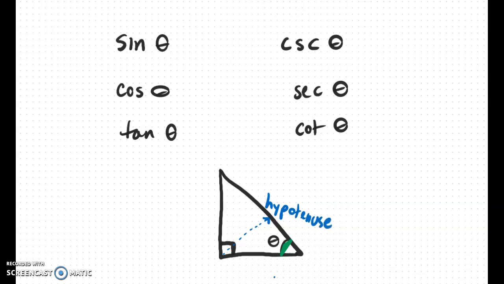Now, when you're talking about the other 2 sides, which are the legs of a triangle, the side that is across from the angle that you're studying is considered the opposite side, and the side that is touching the angle that you're studying is called the adjacent side. Now, there are different ways to define trigonometry. And so when we put this